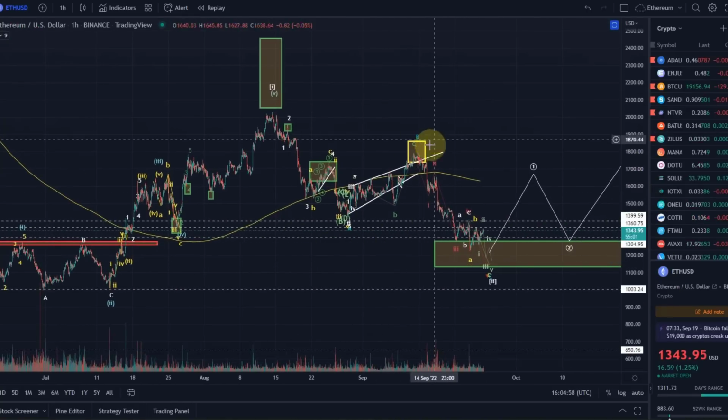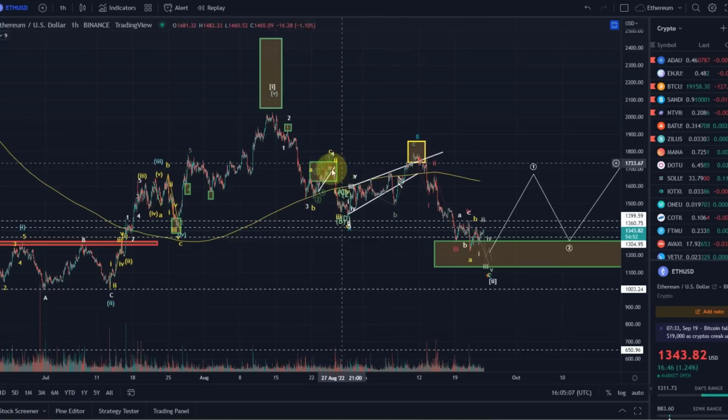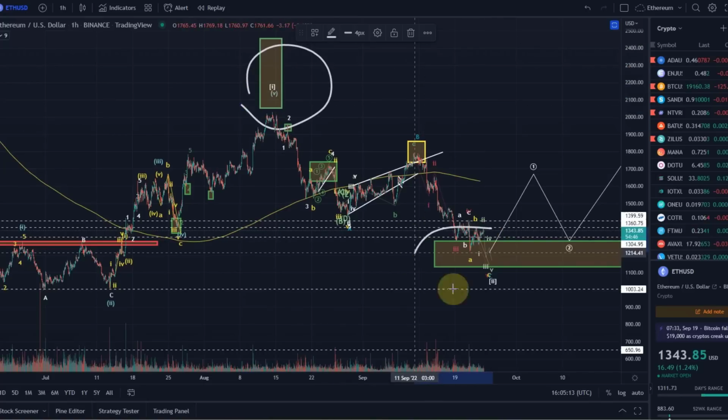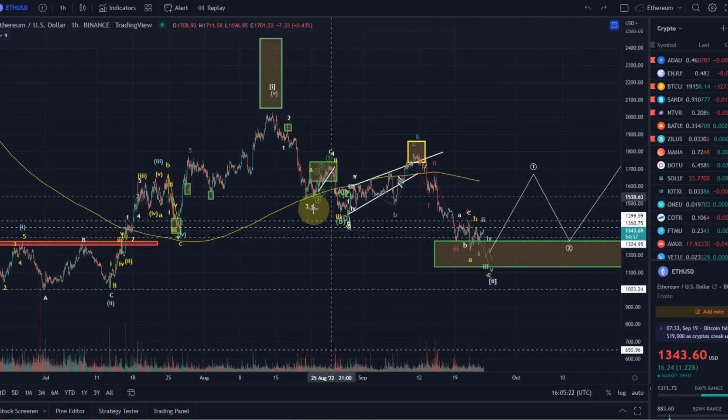Here on the chart you can see all the target areas that were reached. Fortunately, the larger wave 1 target area was missed by just $20. But then on the way down, we captured quite a few. So all these were reversal areas, and this is the bigger one. The main areas we actually have on the chart were these two, of the larger wave 1 and the wave 2. And this is exactly for anybody who likes to trade the larger swings, an amazing setup here